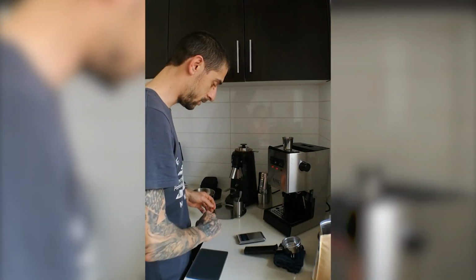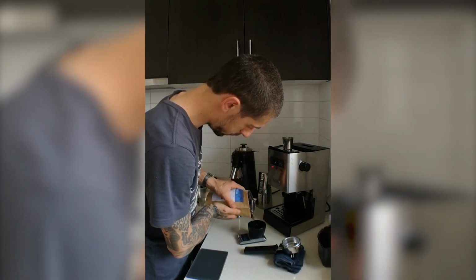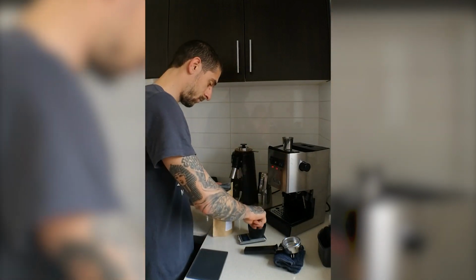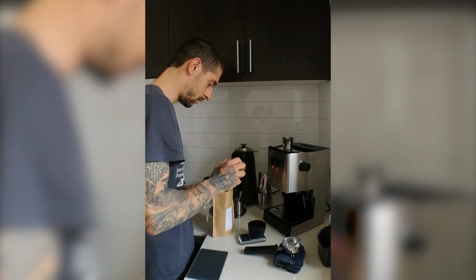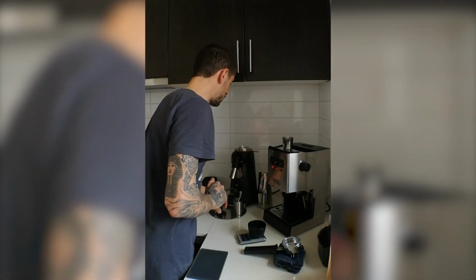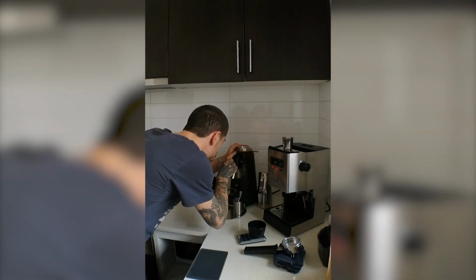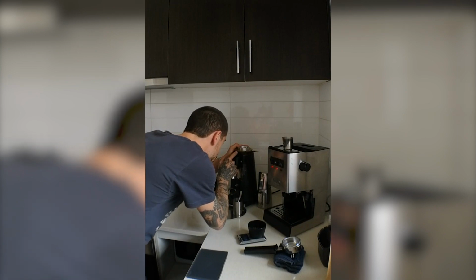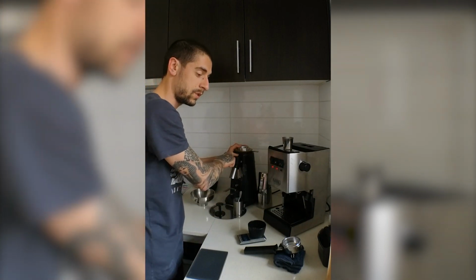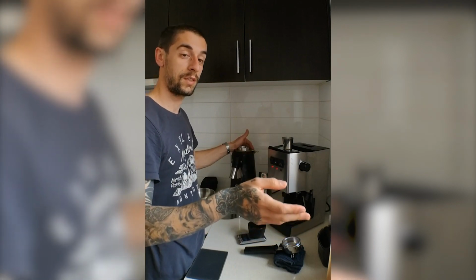Let's measure out 18 grams of coffee. Okay. I'm gonna dose 18.3 grams because we'll obviously have some grind retention. And let me see, what do I have here? It's 1, 2, 3, 4, 5, 6, 7, 8. 4.8. Since it's a lighter roasted coffee, the logic behind this is the darker the coffee is, the more brittle